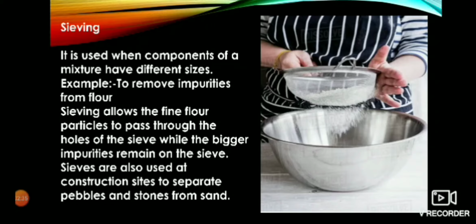Sieving allows the fine flour particles to pass through the holes of the sieve while the bigger impurities remain on the sieve. We can see these sieves are also used at construction sites to separate pebbles and stones from sand. Now let us move to the next method,